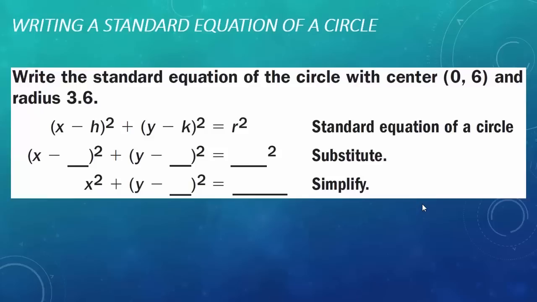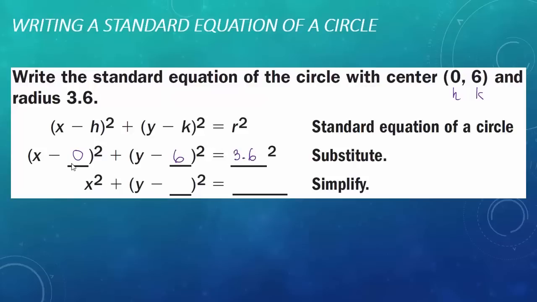Example 1, writing a standard equation of a circle. Write the standard equation of a circle with the center (0, 6) and the radius of 3.6. Here we have the formula, which is the quantity x minus h squared plus the quantity y minus k squared is equal to r squared. This is our h, this is our k. So we're just going to plug in the h and k into the formula. It will become x minus 0, the quantity squared, plus y minus 6, the quantity squared, is equal to 3.6